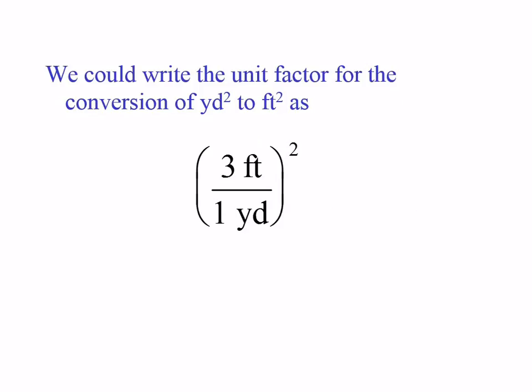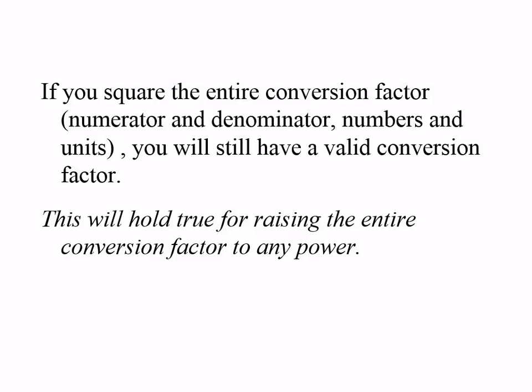So on the previous thing, how I worked it, I had the 1 yard squared as the first term, and then I had this quantity twice. Okay, 3 feet over 1 yard, 3 feet over 1 yard. Of course, we could group those 2 quantities and basically take them to the second power. That's fine, but if you do that,